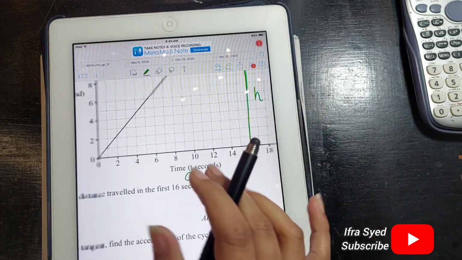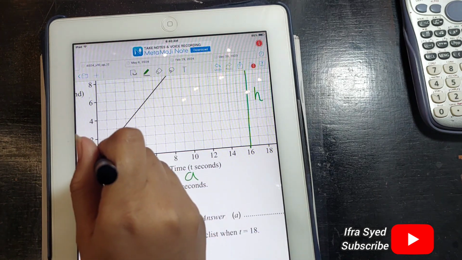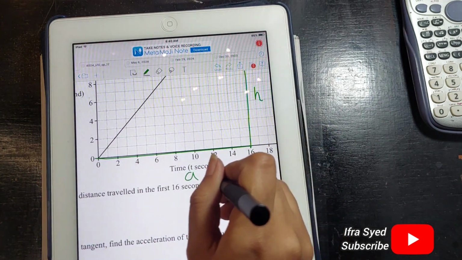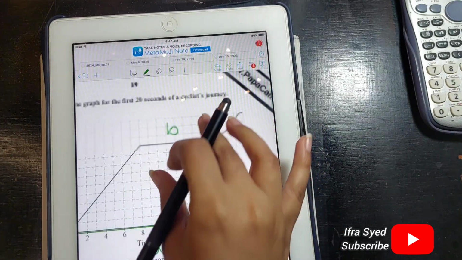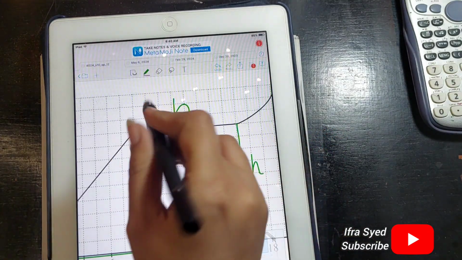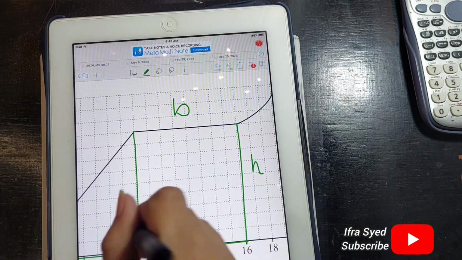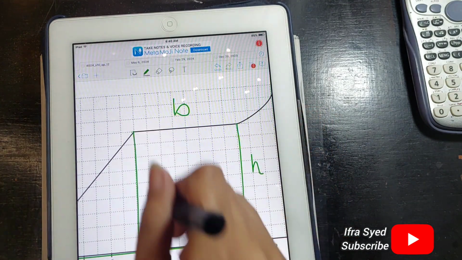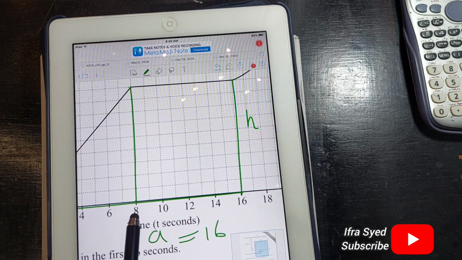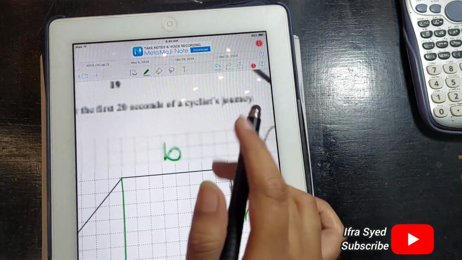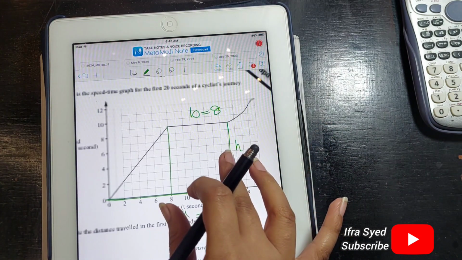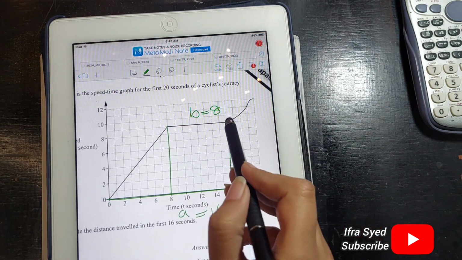As you can see from the graph, this is a. So the value of a is 16. This shorter side starts from here and ends here. So it starts from 8 and ends at 16. So 8 plus 8 is equal to 16. So the value of b is equal to 8, and we can clearly see from this graph that